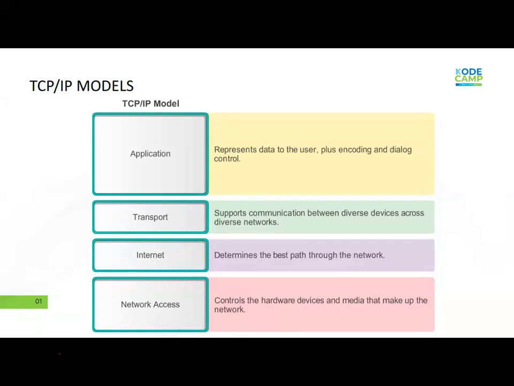You ensure that everything is properly aligned. That is what the transport layer does. It breaks your data into segments to ensure that it reaches the right destination,